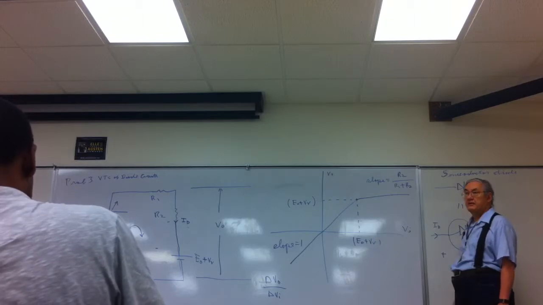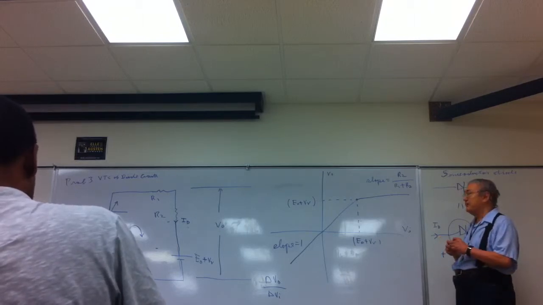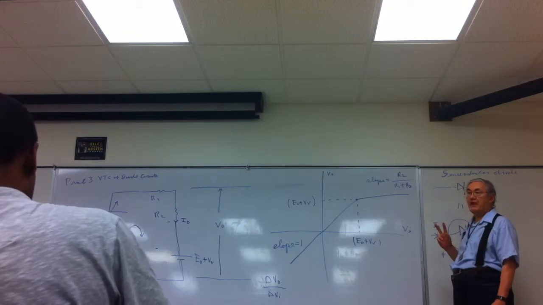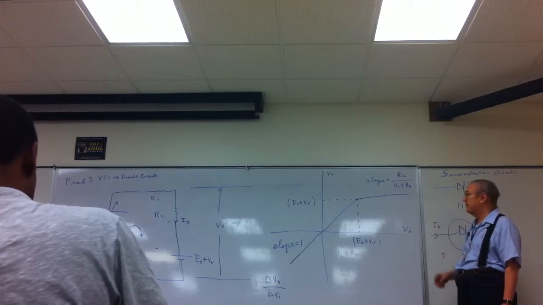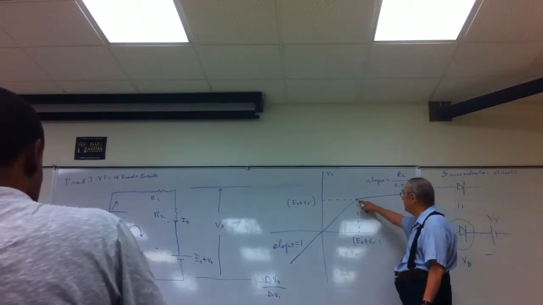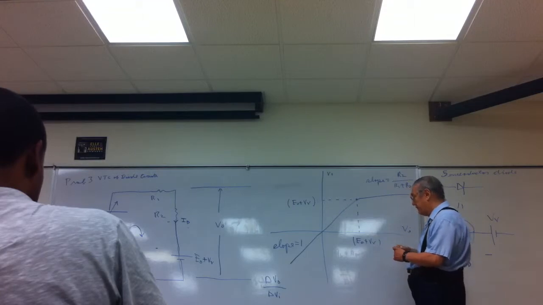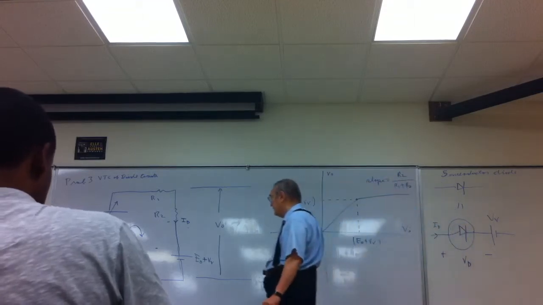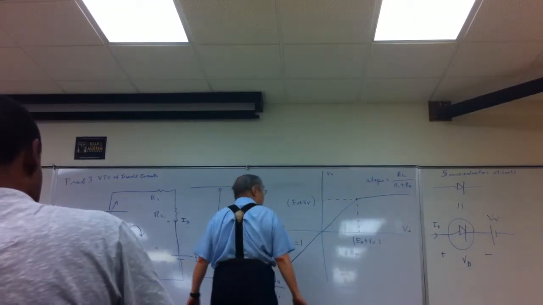Okay? So let's look at this and see what we see. There are 2 straight line segments. It's continuous. And at the point where the ideal diode switches from an open circuit to a short circuit, that's where the slope of the straight lines changes. Now, if we grade this,